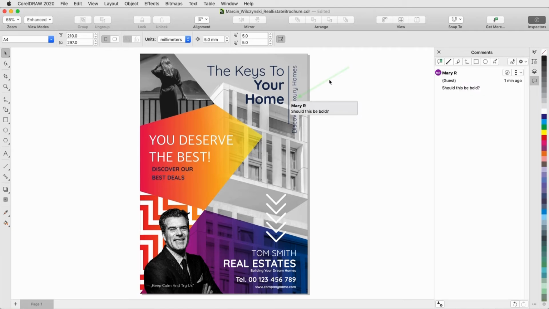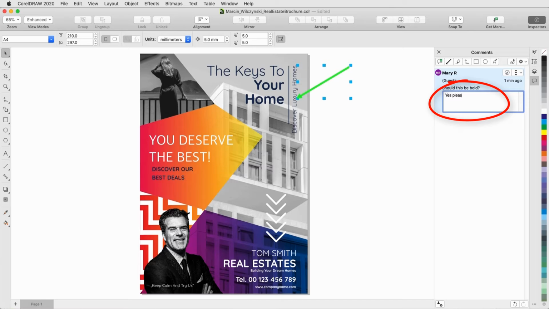Clicking the arrow highlights the note in the inspector, and highlighting the note in the inspector selects the note marker. This is very helpful for identifying a specific comment in a long list of comments. I can reply to the comment by filling in the field below the note, or I could also have clicked the Actions icon and chosen Reply. Now I can go through the document and provide the rest of my feedback.